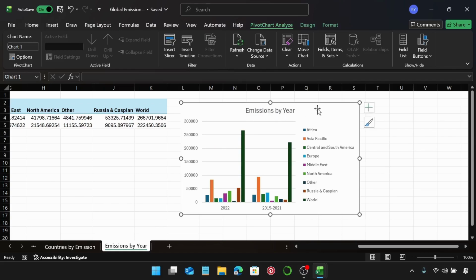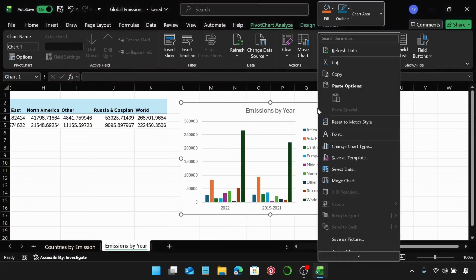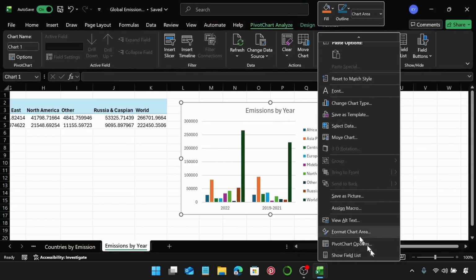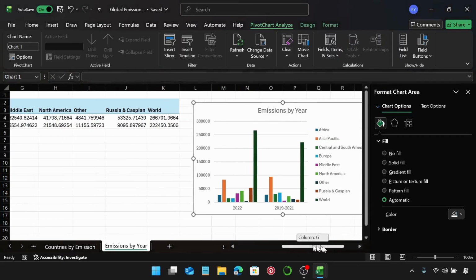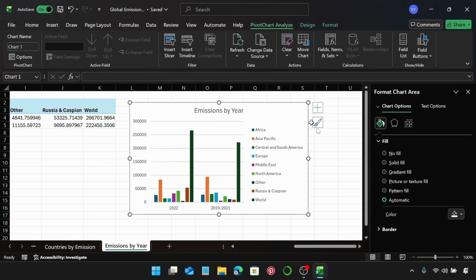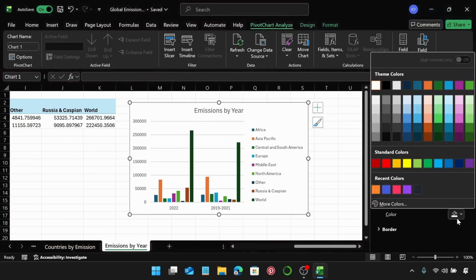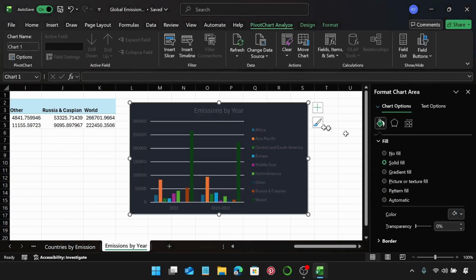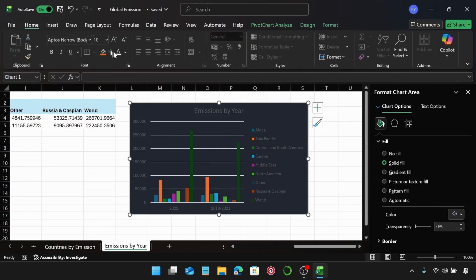And I'm just going to close that. Right click on any part of the chart, and we'll go to format chart area. Let's start with the fill of our chart. Select the fill, and we're going to use the blue gray color. Before we move on, let's change the color of our text. Go to home, and while selected on the entire chart area, change the text for the whole thing